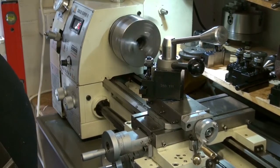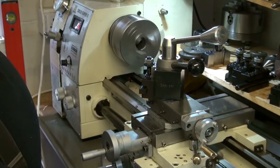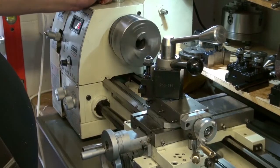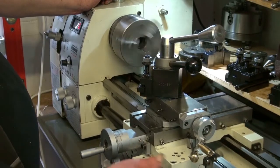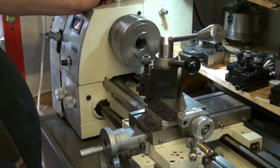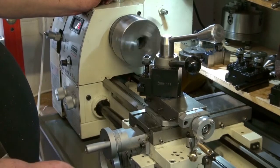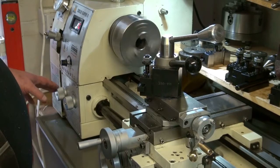But what it's got that my other machine didn't have, which is powered by the slot in the lead screw, is powered traverse, and not powering it through the threading half nuts. And not only has it got traverse that way, it's got traverse that way, powered. And you've got the change wheels in the back,